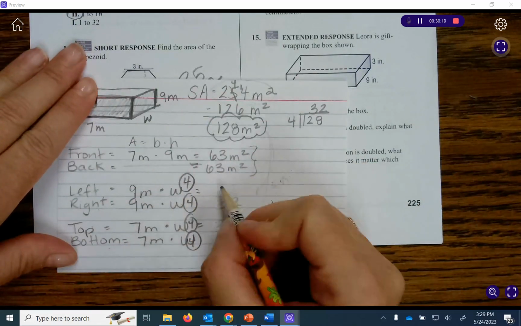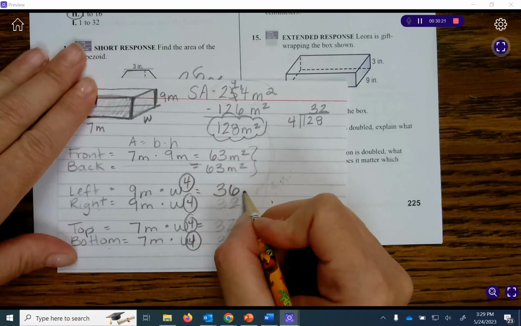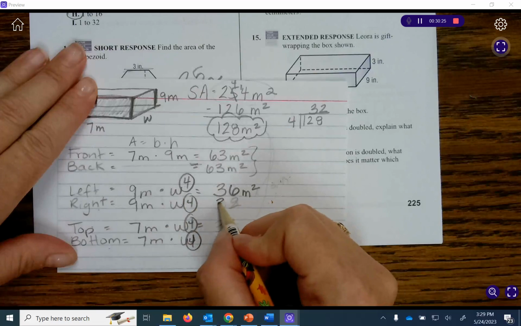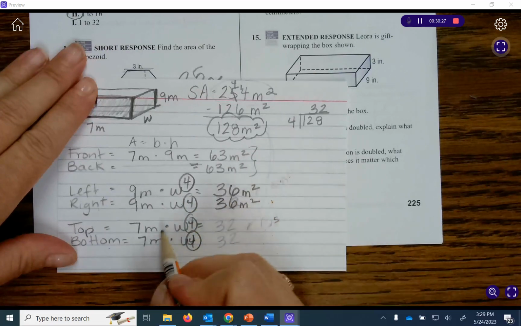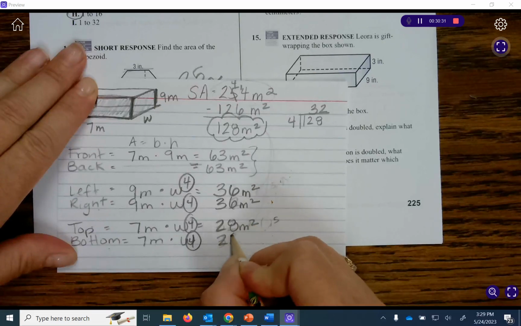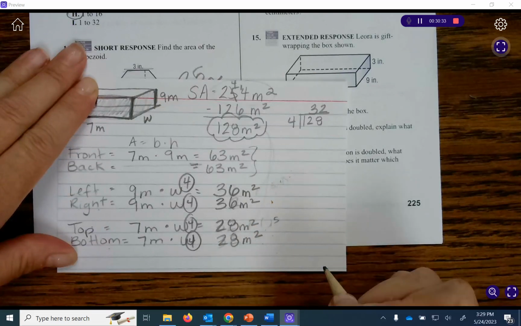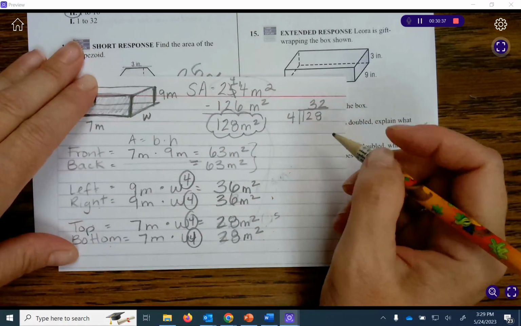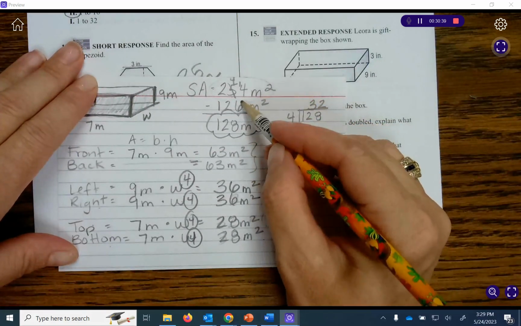9 times 4 is 36 meters squared. 4 times 7 is 28 meters squared. All right, so when I add all of these up, hopefully I will get